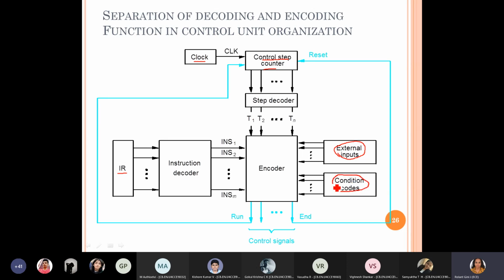There are only a few expansions and details added. You have seen the instruction decoder and encoder as a single block earlier, whereas here you are seeing a little more detail brought to light.